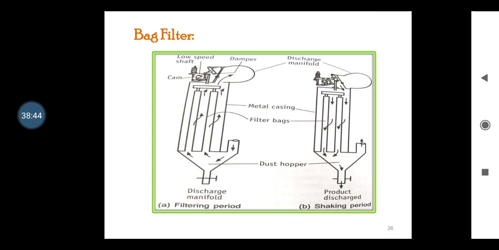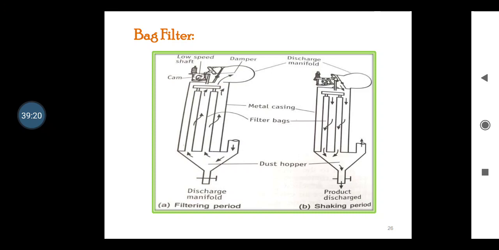As far as the construction is concerned, you can see the diagram. It consists of a number of bags made of cotton or wool fabric. These are suspended in a sheet metal container. A hopper is arranged at the bottom of the filter to receive the feed. At the top of the metal container, a provision is made for the exhaust, and adjacent to this is a bell crank lever arrangement. This arrangement is made to bring the filters to normal atmospheric conditions.